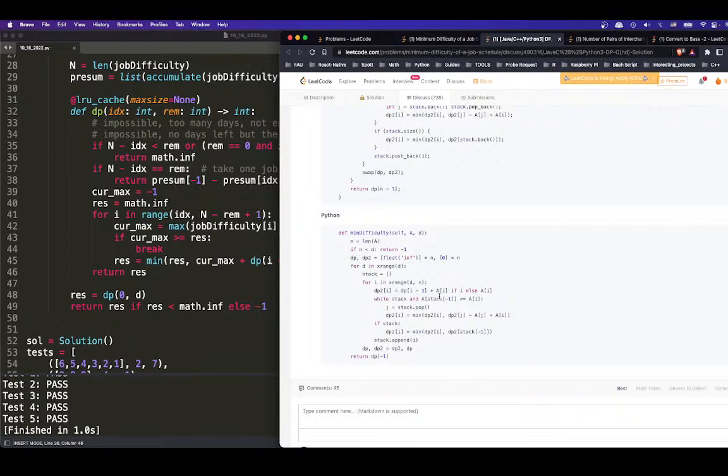I think the dp[i], let's call it dp[i], is the minimum difficulty